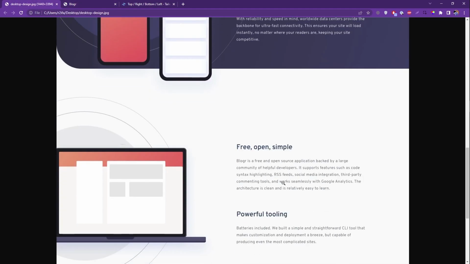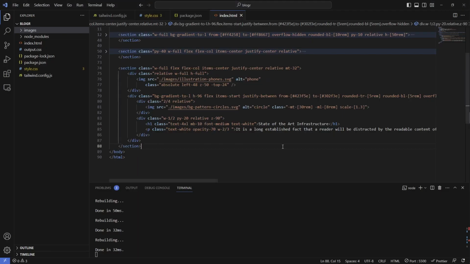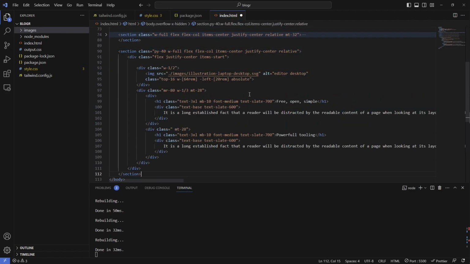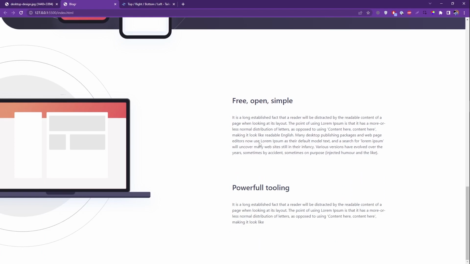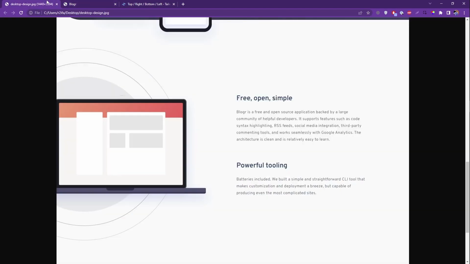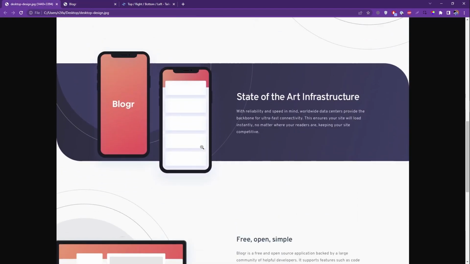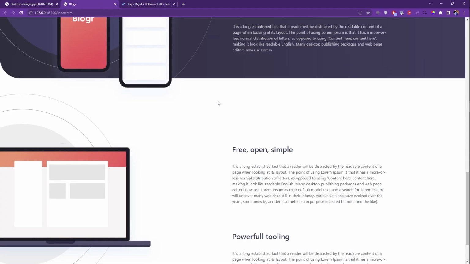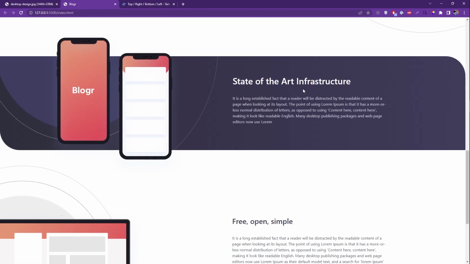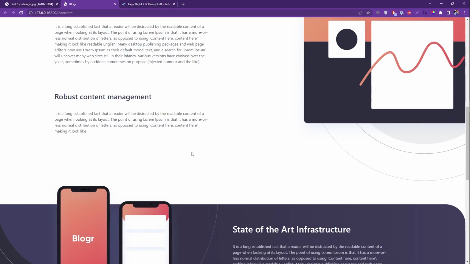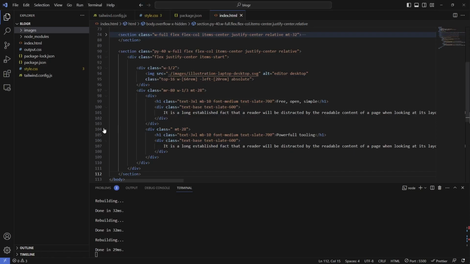And there is the fourth section, and I will quickly pull the fourth section code. So guys, I have pulled that fourth section code, and if we save it and go check out our browser, this is the fourth section right here, and it doesn't contain any heading, like this one. So it's all one section after another. And if we go and check out the code,